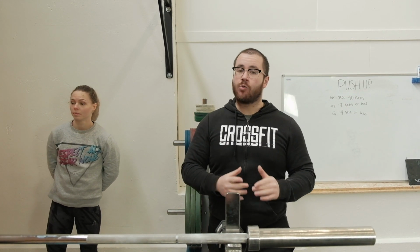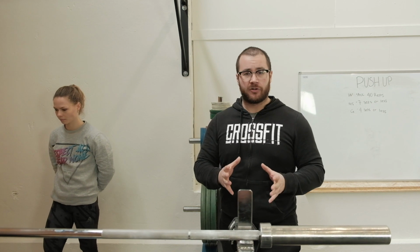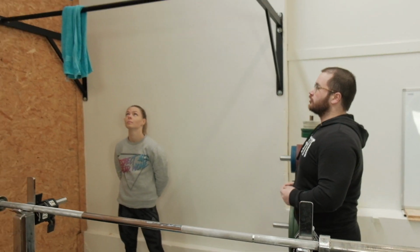If you do not have any weights, or if you actually want to work up to a 1-arm chin-up, good luck with that, we're going to go through a progression to work towards it. But actually doing a 1-arm chin-up for most people is like practicing for years and years on end. But again, just like with a 1-arm push-up or a lot of other complicated movements, even working towards it can still be very beneficial. So what Marloes is going to do, she's going to do a chin-up,